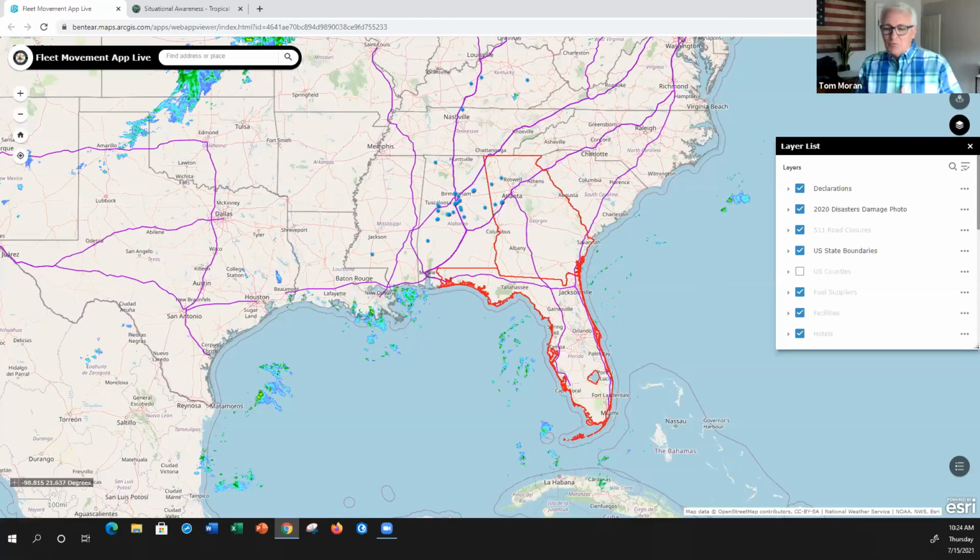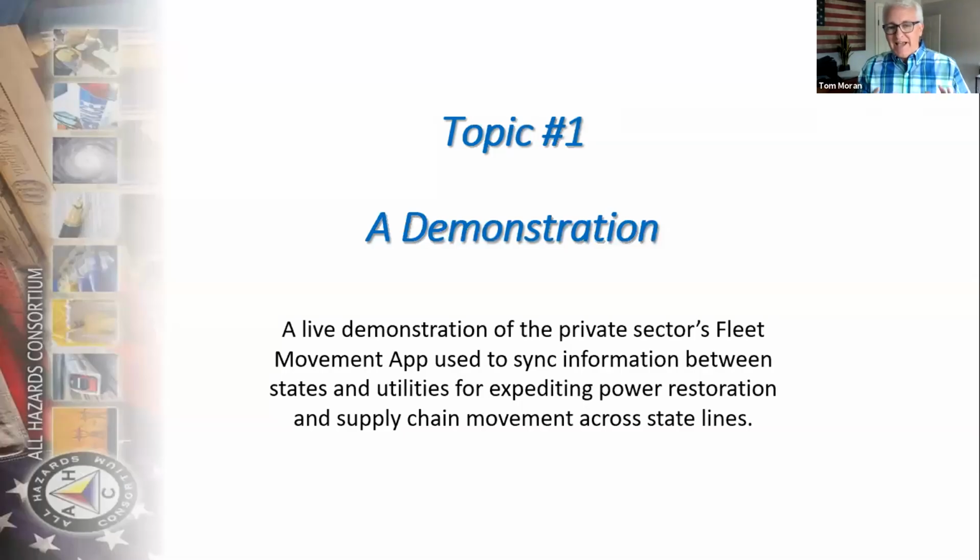Carrie, thank you. This just gives you an idea of the first SICE app that we've developed, from the information to answer the question: how can I get our fleets from point A to point B the fastest, number one. Number two is how can I coordinate with states along the way, as well as the destination point? Well, this was developed originally for a use case in the electric sector, but now it's the supply chain using this: food, fuel,